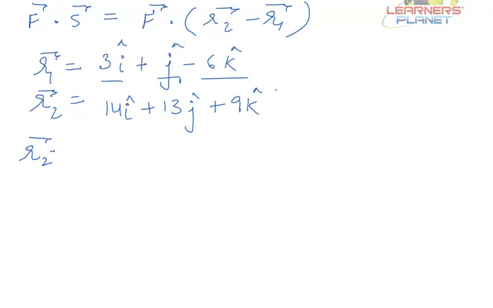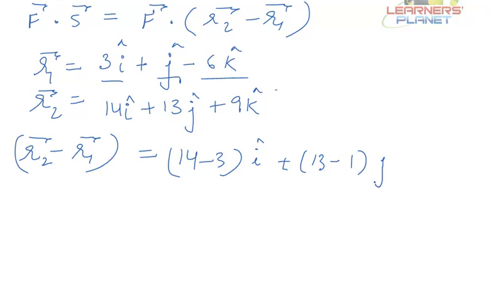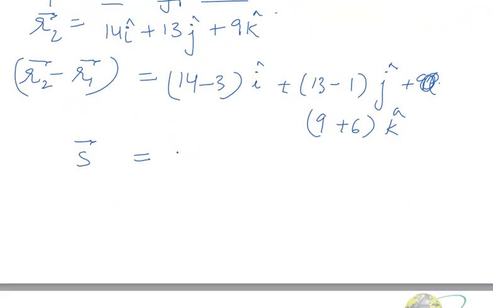So R2 minus R1 will be given by (14 minus 3) i cap plus (13 minus 1) j cap plus (9 minus of minus 6, which is 9 plus 6) k cap. So the displacement vector will be given by 11i cap + 11j cap + 15k cap,